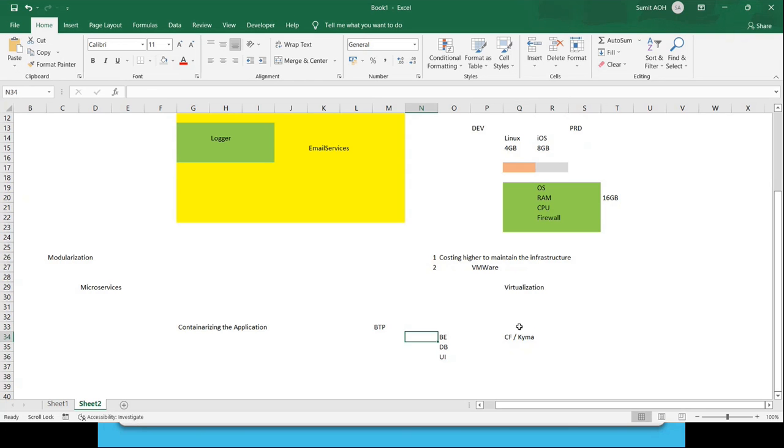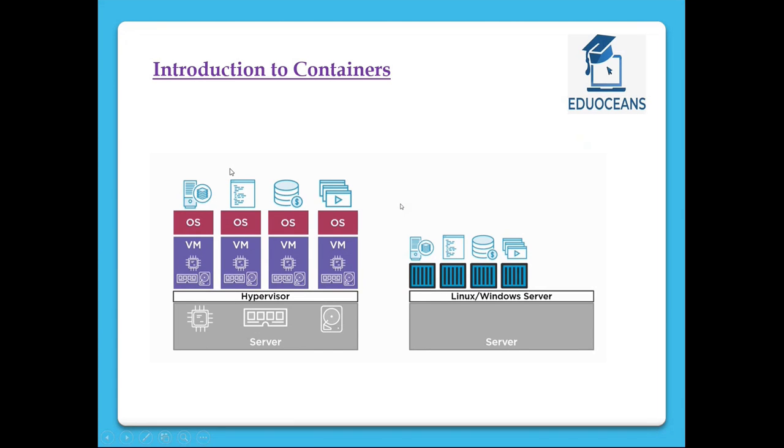And this sort of runtime would be part of each of the containers, which would provide them the environment, the operating system, the security patches, any sort of processing, CPU usage, whatever command or controller they would need. That would be provided by that particular individual CF or KYMA runtime, and that would help the individual containers to run. So having this failure of a VMware, this virtual concept, the concept of containers came into the picture.